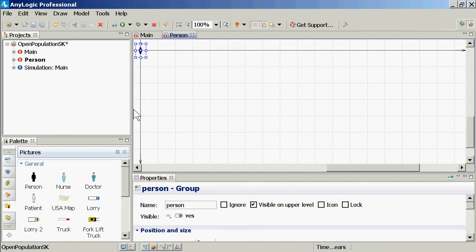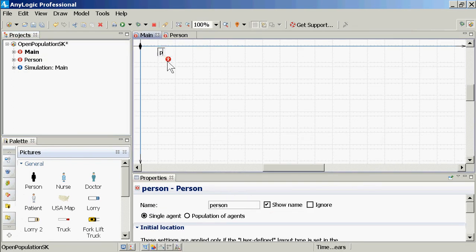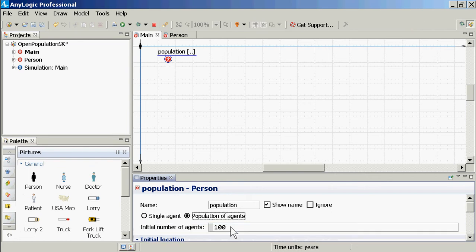And I want to add them into a population. Okay. So where do I go to add a population of them? Go to main and drag in. What else do I have to do besides renaming it? I have to do one other thing here. Set it to be a population of agents here. And we're going to make the initial number of agents depend on a parameter. And we're going to call that parameter population size. And we're going to set that